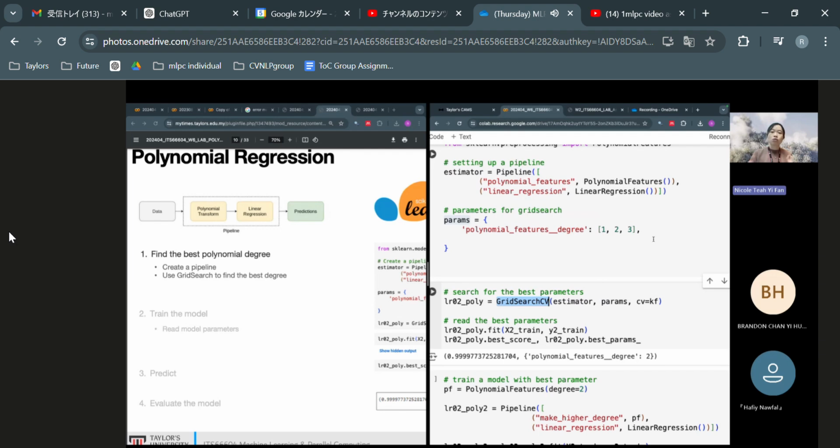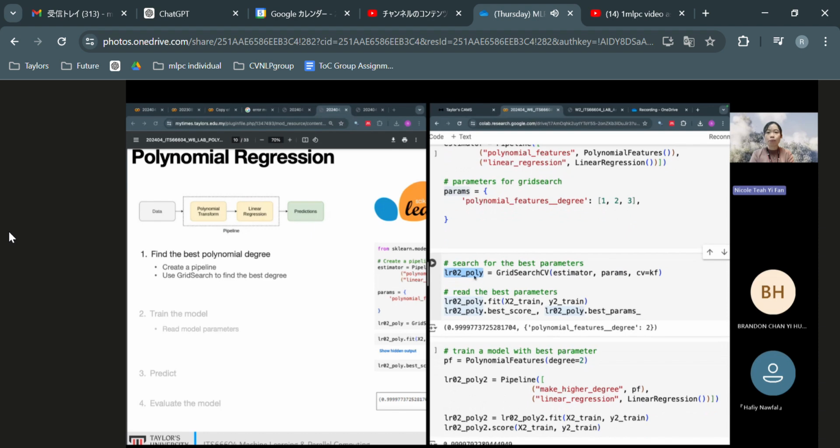It is not just doing 3 times, but in fact, we define here that we want this program to run this with 5-fold cross-validation, CV equals KF. KF is the one that we defined last week, if you still remember. K-fold cross-validation, where we define n_splits equals 5. Okay, so CV equals KF, 5-fold cross-validation. So this is a function which we want to save into a variable called LR02